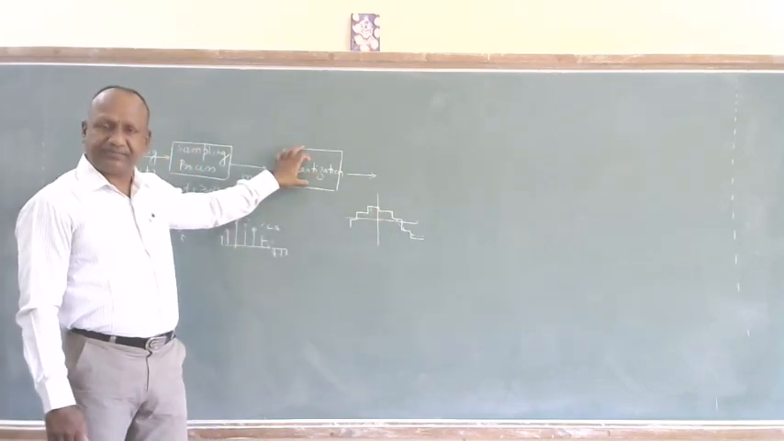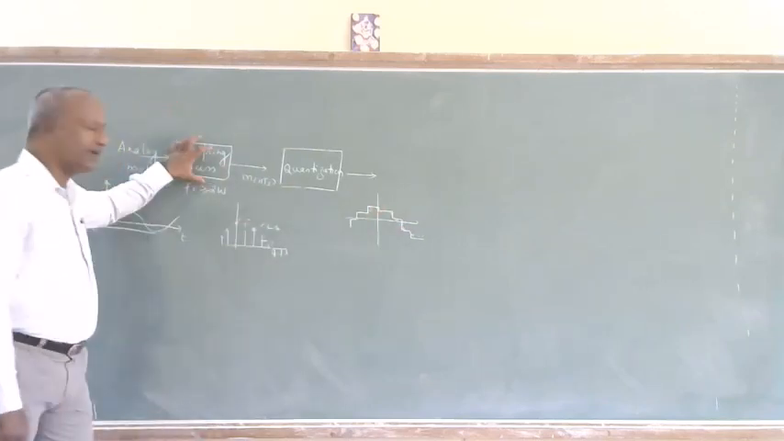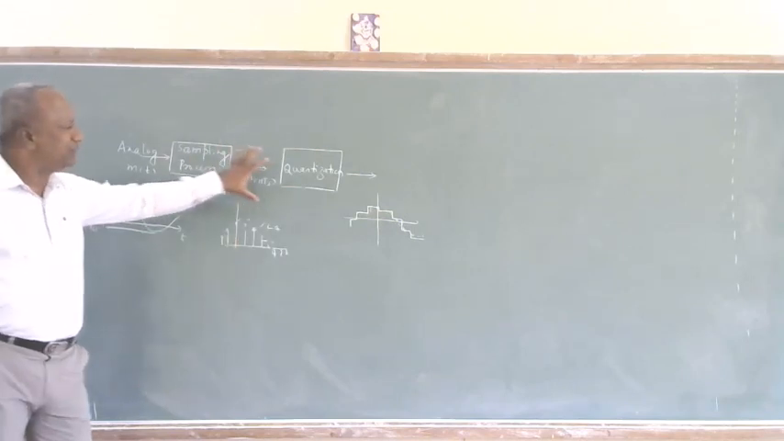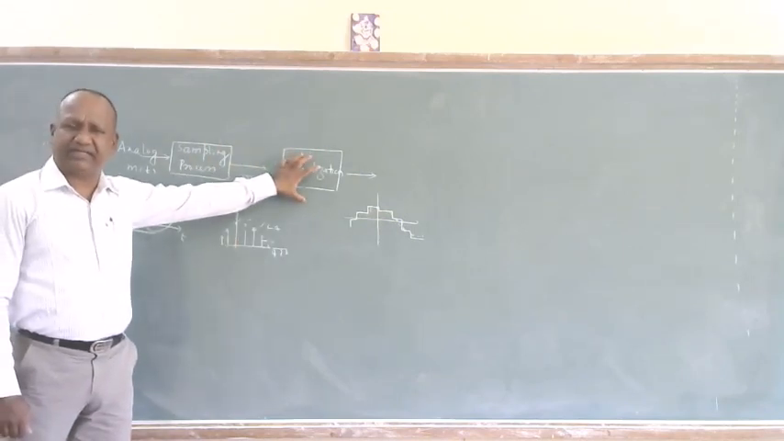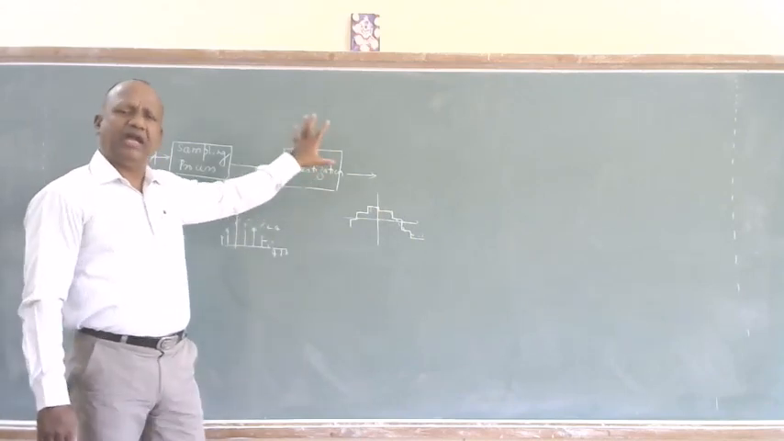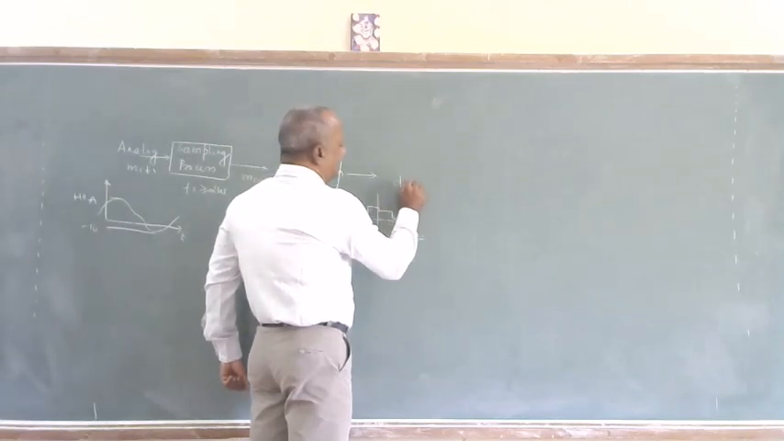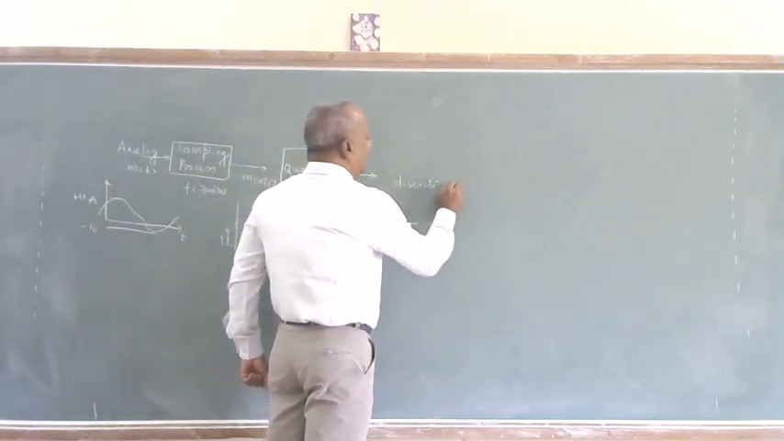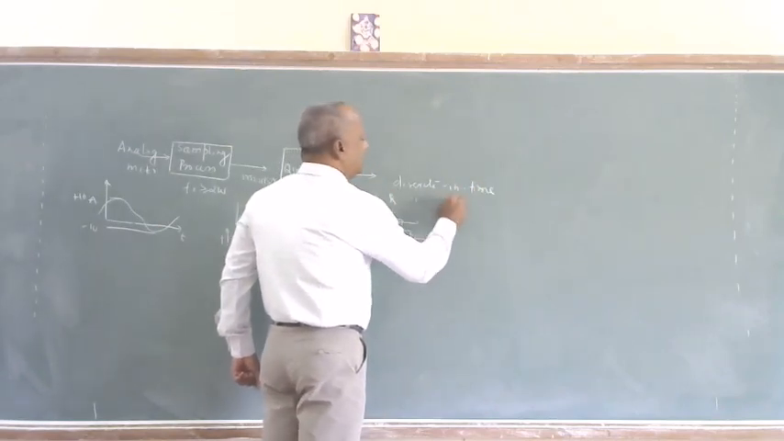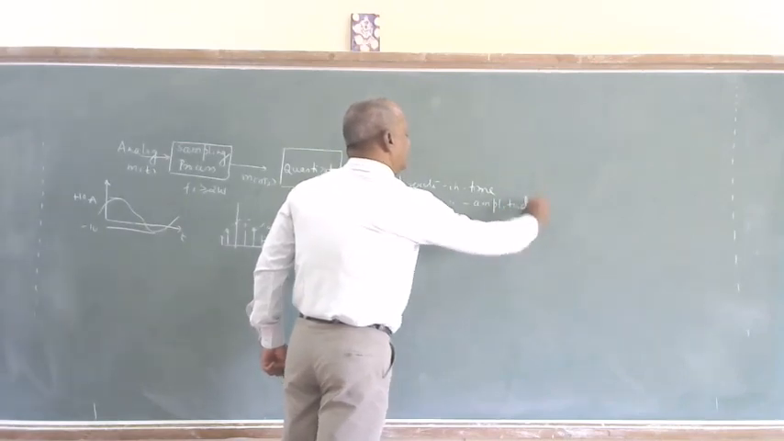The quantizer makes amplitude discrete. The sampler makes time discrete. The input of the quantizer is discrete in time with continuous amplitude. The quantizer makes the amplitude discrete. So the output I am getting is called discrete in time and discrete in amplitude,